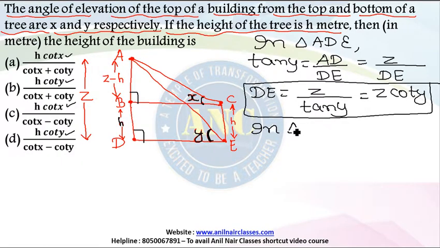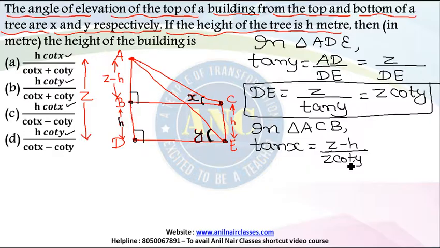In the other triangle, the smaller triangle, which is nothing but ACB, again tangent of angle X is opposite AB over adjacent. AB value is Z minus H. Adjacent is nothing but BC. BC value happens to be exactly equal to DE value, and DE value we know right now as Z cot Y. Substitute it. Or if you want, keep it as DE itself. So this is my